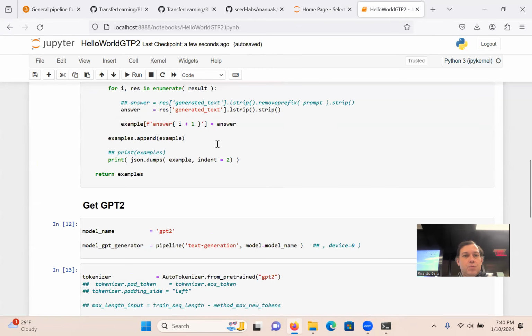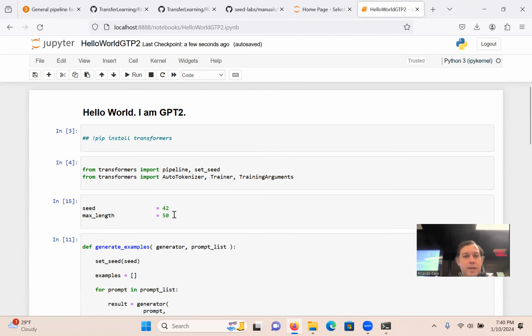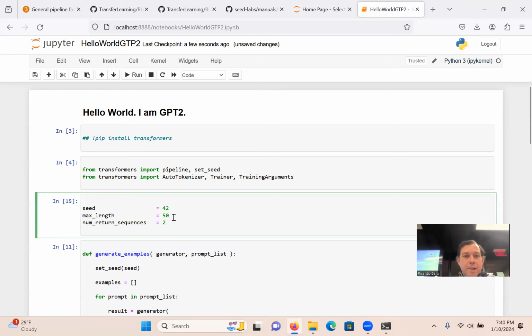So again, add it here. So do you need 2 sequences? Well, for RLHF, you do, right? Because you wanted a GPT that gives you 2 answers for a specific prompt, and then we're going to rate them. So in this case, let's be consistent and stay with 3, or 2, sorry. Remember, this is all happening in the generate function, not in the pipeline function. So this is code that you have